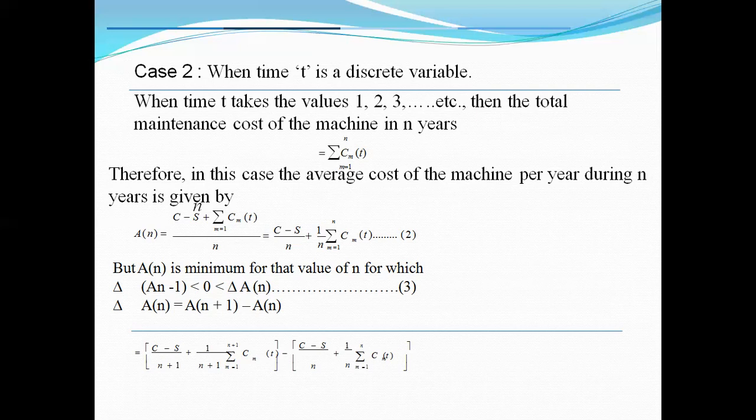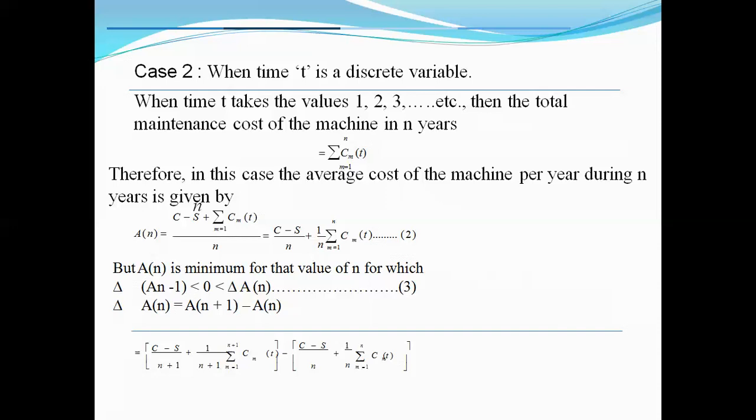Hence it is a discrete variable. The machine may fail in 1 year, or in 2 years or 3 years, you can't say. And we will be considering for how many years the machinery needs to be replaced. Therefore, the average cost of the machine per year during n years in a given time is calculated by